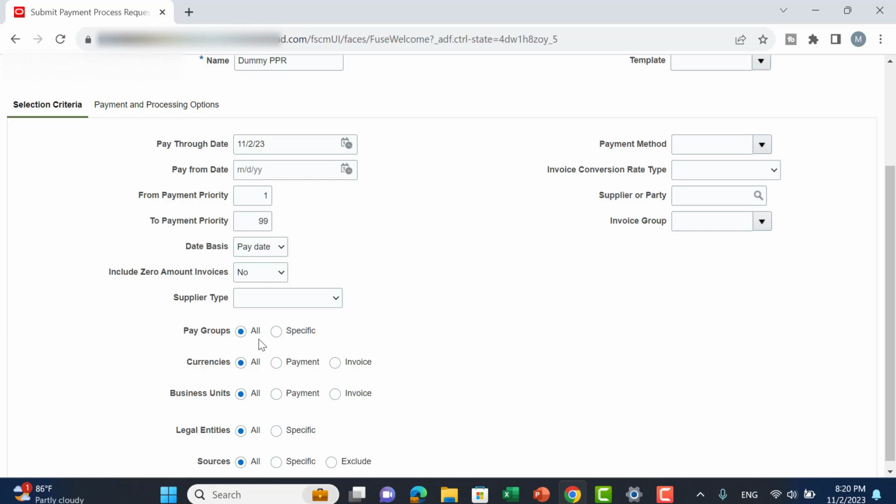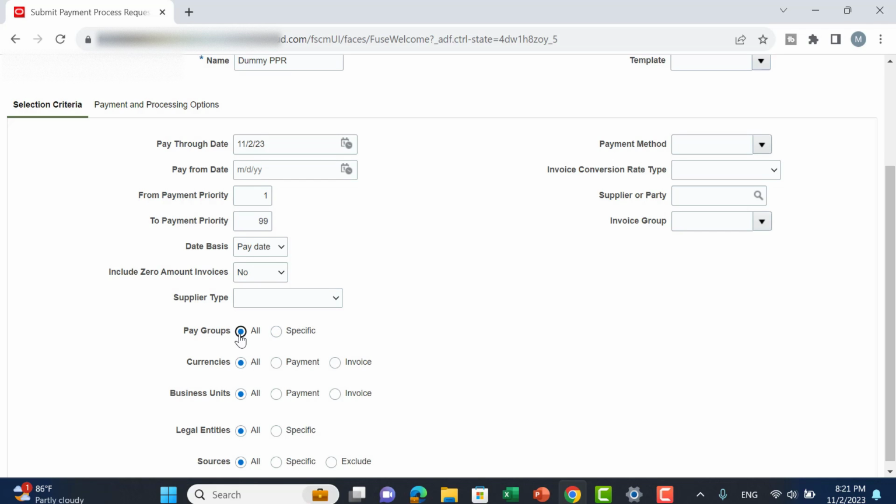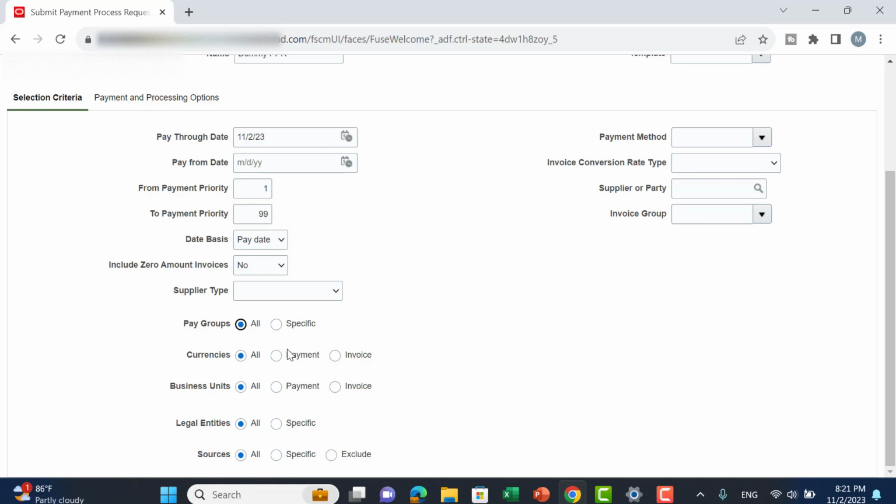Then the pay group. As you know, this is an invoice categorization for payments. The default setting includes all groups, but you can specify one or more pay groups as per your requirement. Just come to specific, select add, and add your pay group. The next is currencies. Currencies can be selected for both invoices and payment. The default setting includes all currencies, but you can specify either one or more invoice currencies or also one or